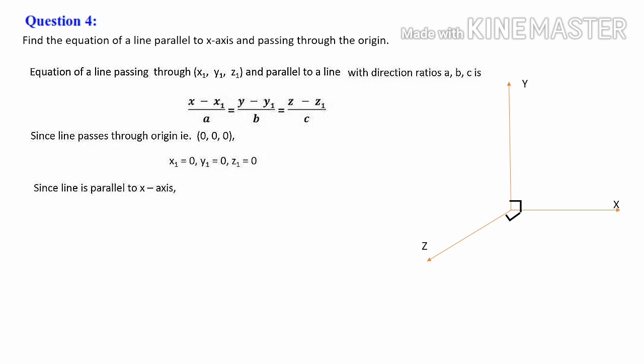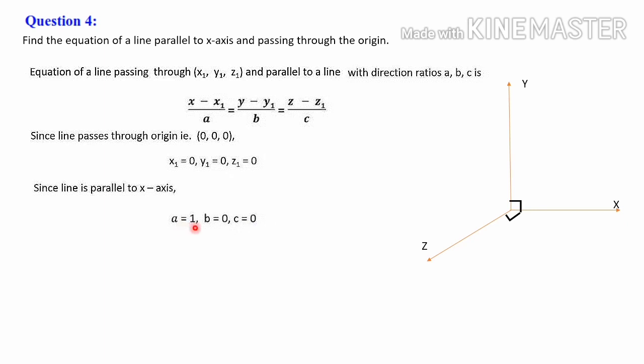So we have got the first one as 1. Cos beta means the angle between x and y. X and y is 90 degrees, so cos 90 is 0. Same way gamma, that is the angle between x and z, is also 90 degrees, so cos 90 is 0. So we have got the direction cosines as 1, 0, 0. Here the direction cosines and the direction ratios are the same since it is the x-axis. So we take a is 1, b is equal to 0 and c is equal to 0.